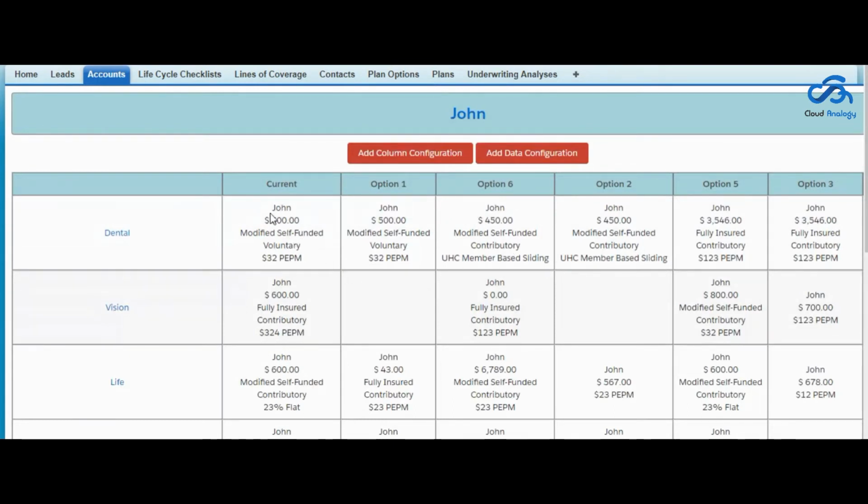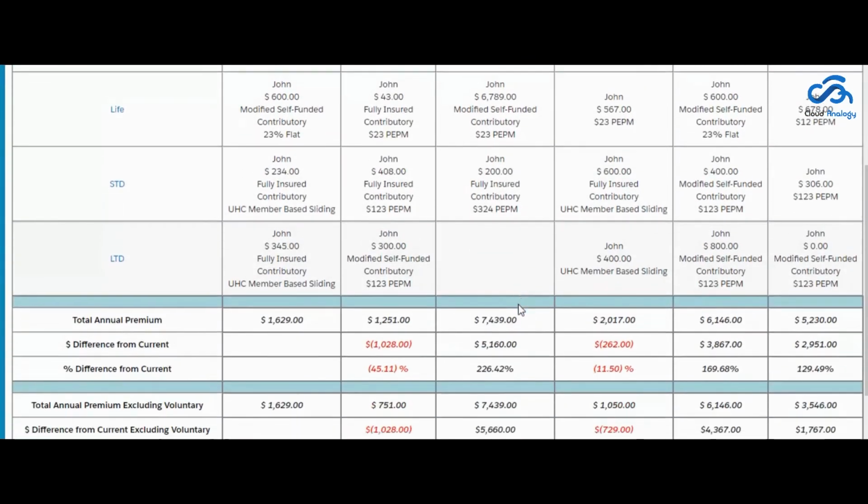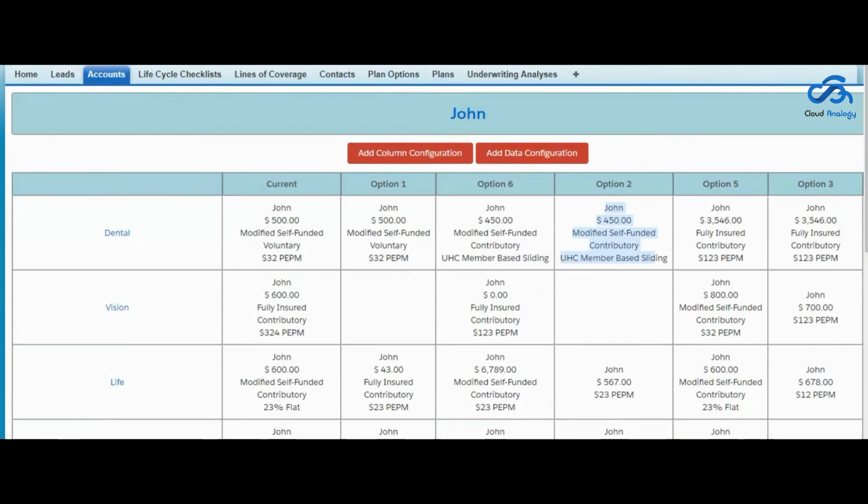In the current column, you can see the current data, and in option 1 you can also see current data, and in option 6 we have selected the option 6 data, and in option 2 we have selected the option 6 data regarding the dental line. Because each account has a different configuration, as you can see there are 6 columns regarding this account.